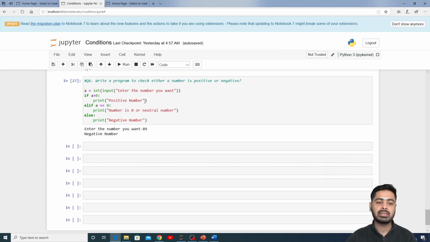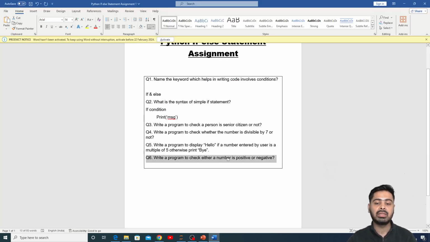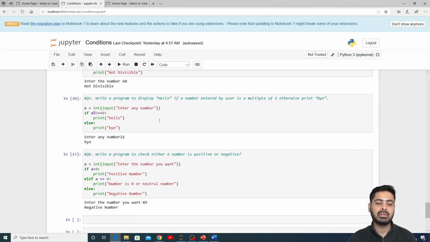And moving on, we are done with the condition statement, if else statement, we are done with our assignment, and we are done with nested conditions. We are done with everything, each and everything whatever is needed in conditions. So I hope everything is clear, and moving on to the next topic,